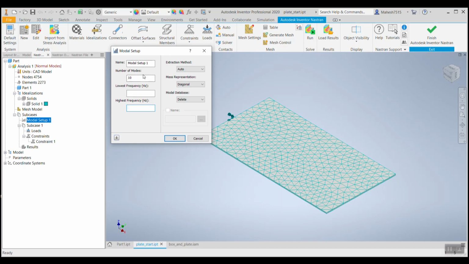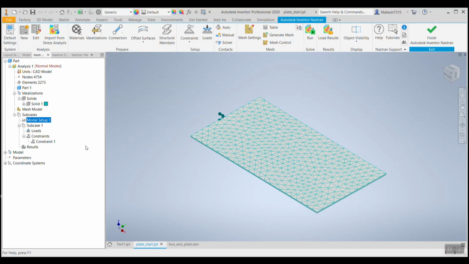And what we say to Inventor Nastran is it will take any random frequency for 10 steps, 10 different frequencies, and it will say from which frequency the model is getting more resonance. So as of now, we'll leave this empty, say OK.